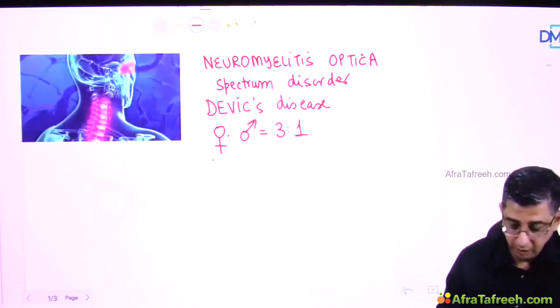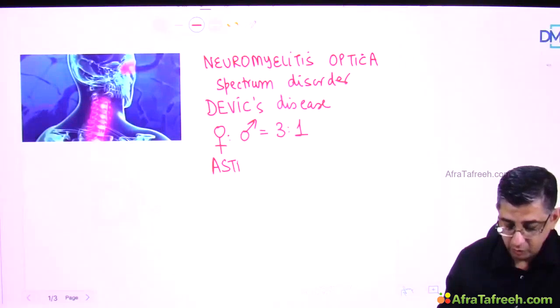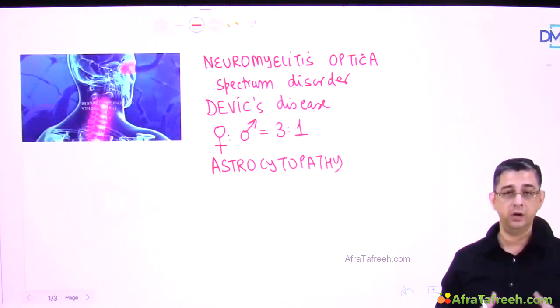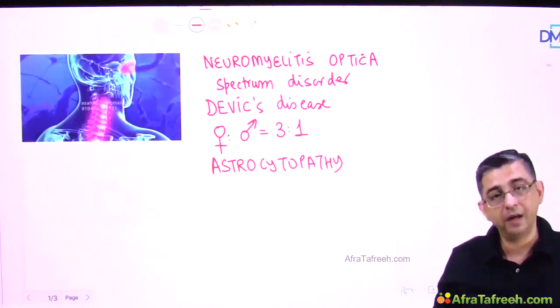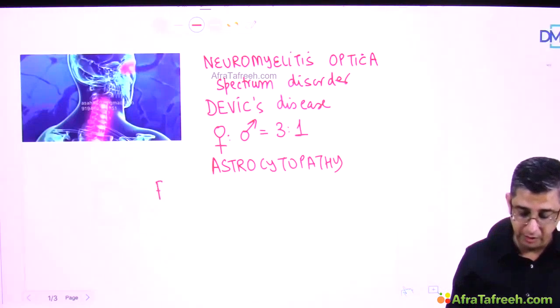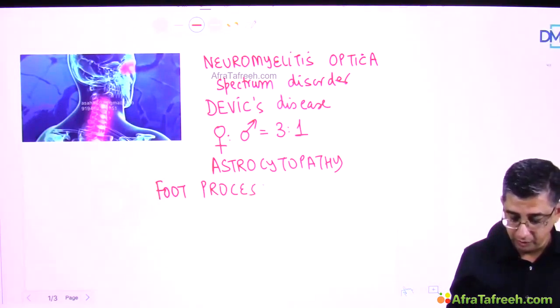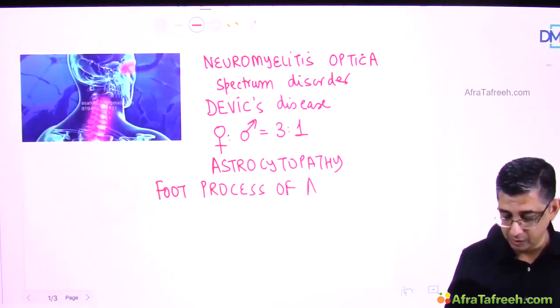In this autoimmunity, the main target is damage to the astrocytes. So the pathologist will use the word astrocytopathy to describe it. And when I say autoimmune disorder, it obviously will be having a target. So the target in this condition is the foot processes of the astrocytes. You very well know that the foot processes of the astrocytes are responsible for formation of the blood-brain barrier, and any